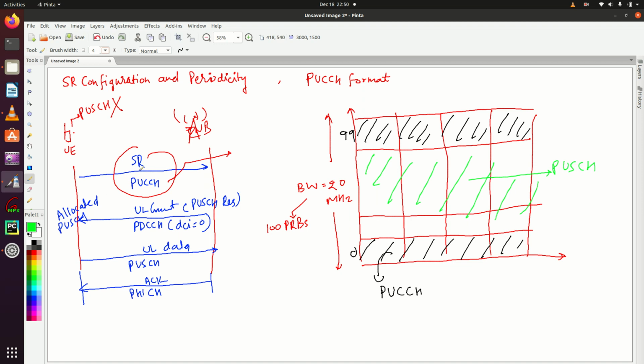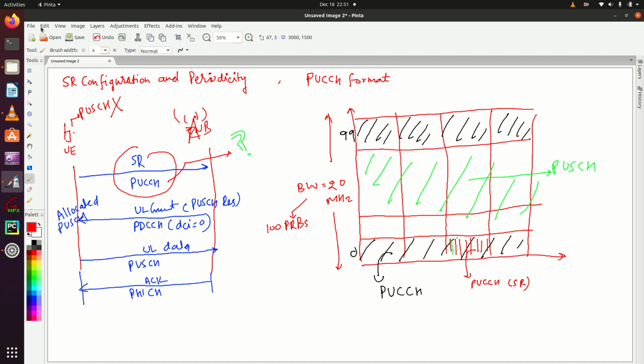Now our question is how UE would know which PUCCH to use. Let me change the color. How will UE come to know that I have to use this particular PUCCH for sending the scheduling request? We'll discuss this.